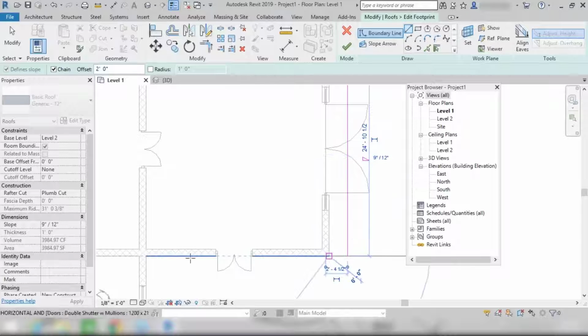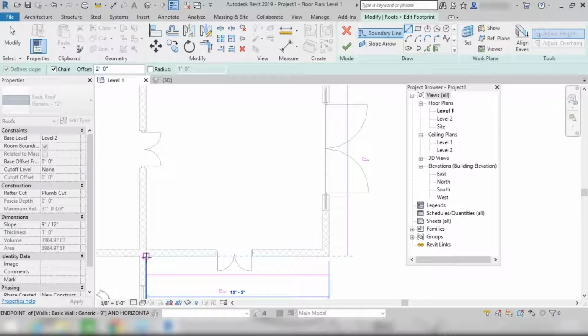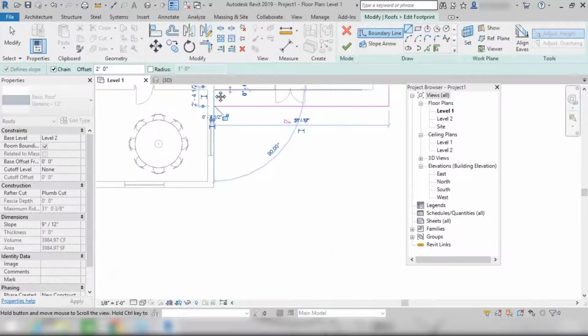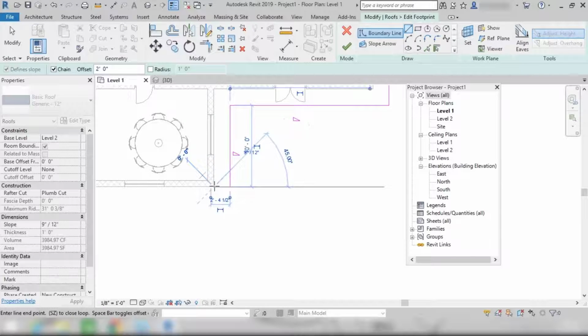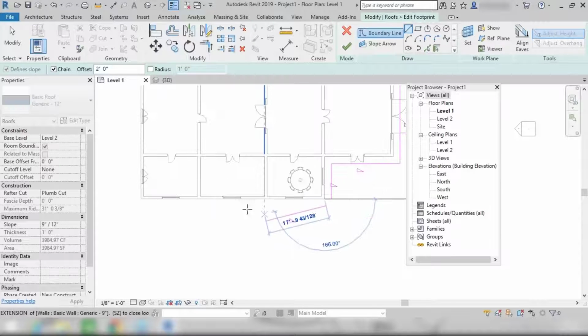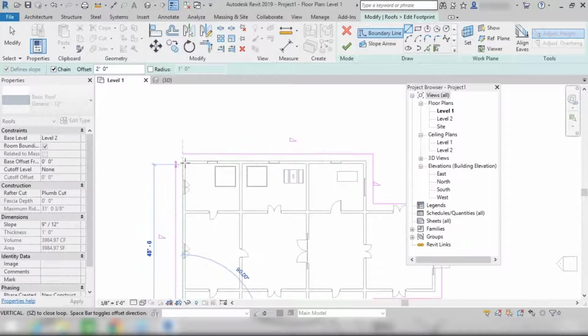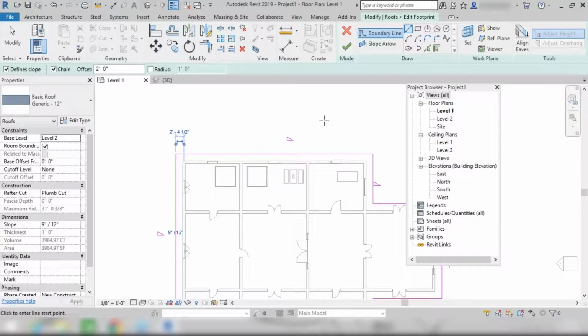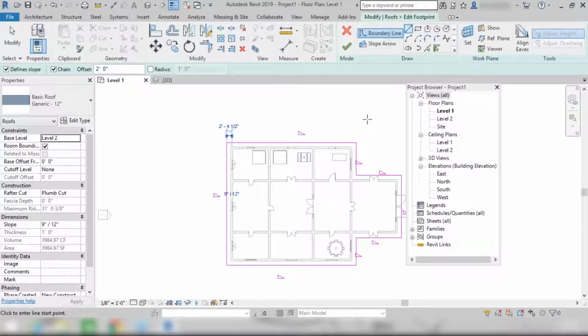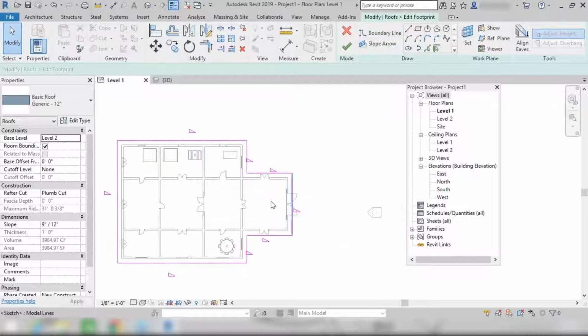Up to this point, and we have this. After this, let's move to the next point, right? And we have the next point here. Let's move to our last point, right? So in this way, we can create a boundary like this as well using line.